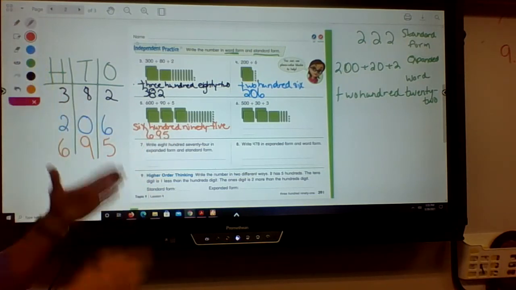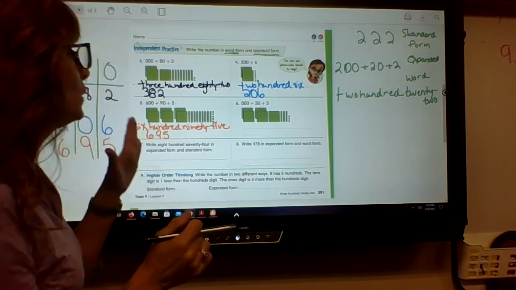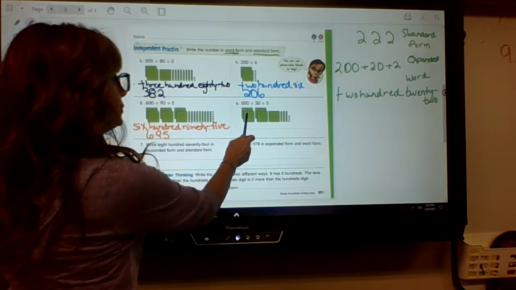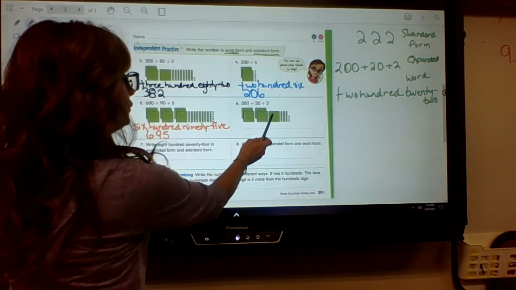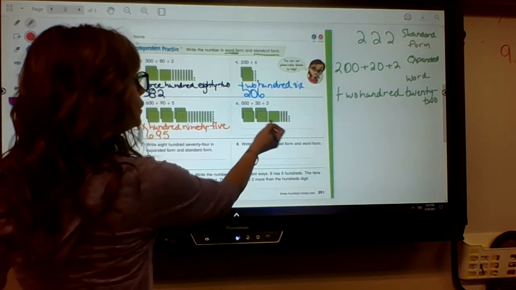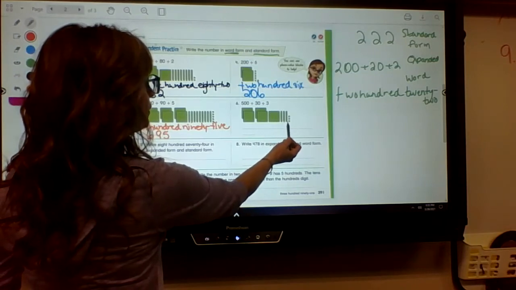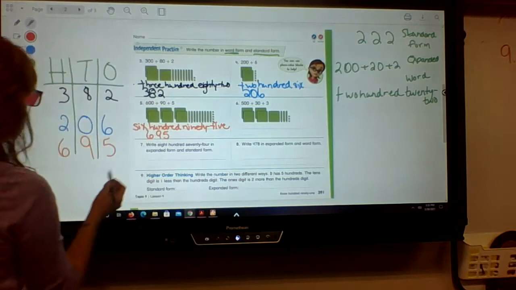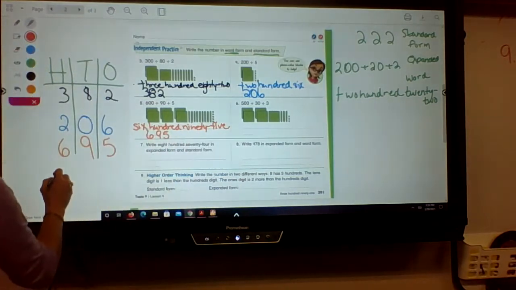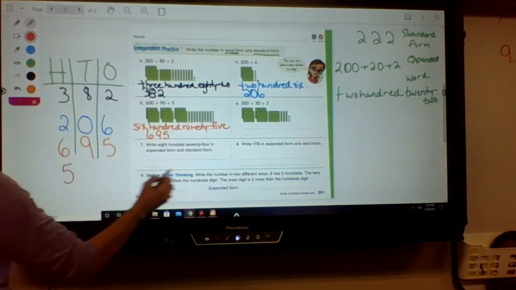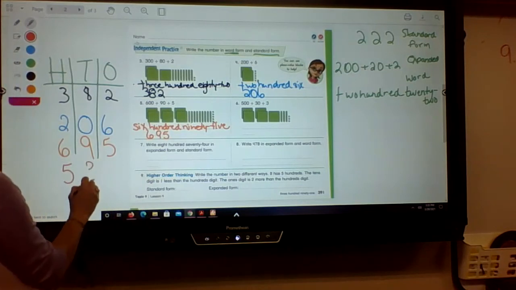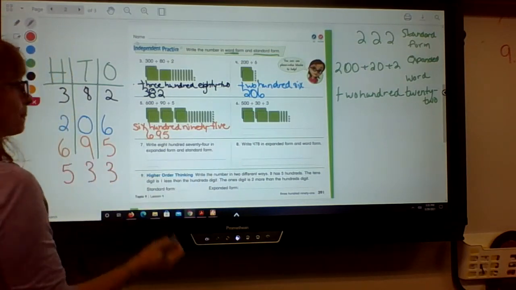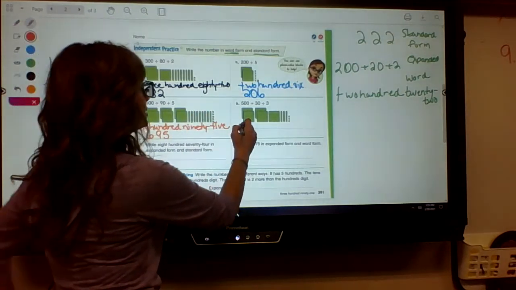All right, number 6. All right, we have, let's count our hundreds. We have 100, 200, 300, 400, 500. They match. We have our tens, 10, 20, 30. And then we have our ones, 1, 2, 3. So let's look over here. We have how many hundreds? We have 5 hundreds. How many tens? 3. And how many ones? 3. So our word form is